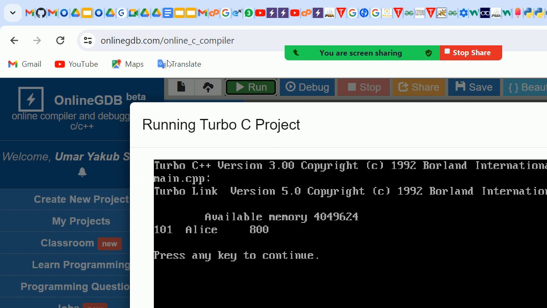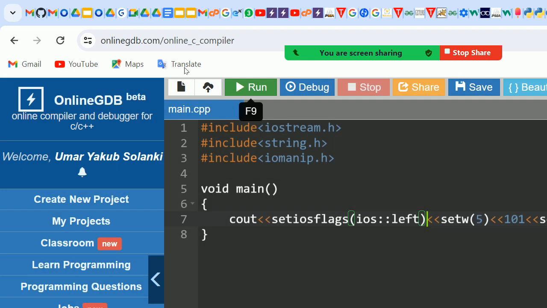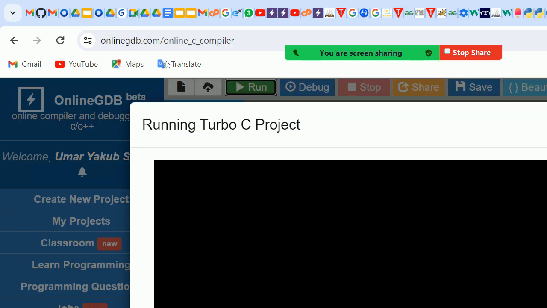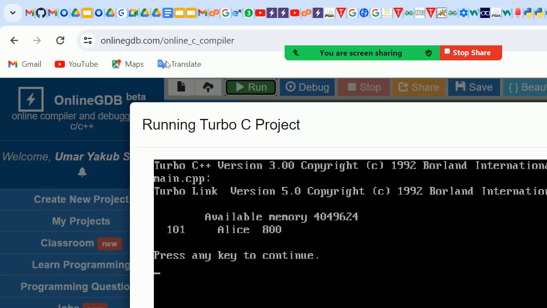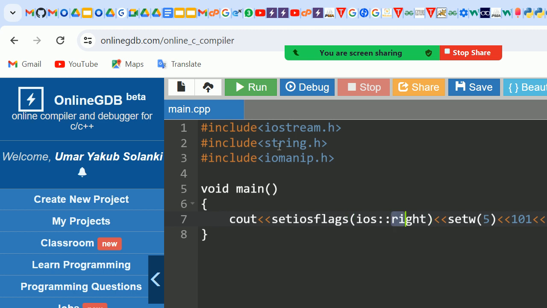Understood? But when do you set W and when do you set? By default what is it? By default it is right. Okay. So manipulator understood. So this also you can keep an